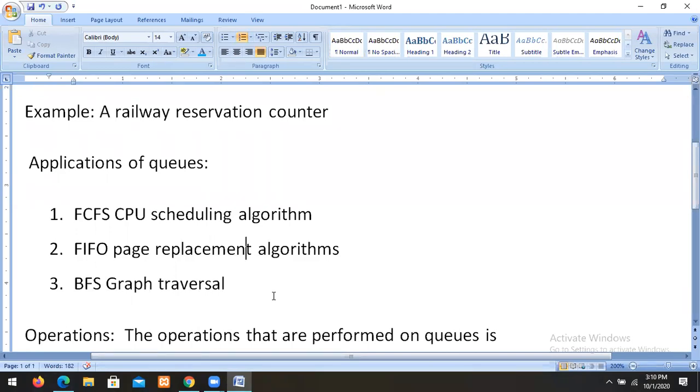In CPU scheduling algorithms, we have first come, first serve CPU scheduling, where we can use queues. Similarly, in first in, first out page replacement, we can also use queues. BFS graph traversals also use queues.